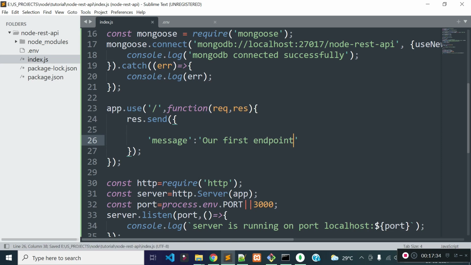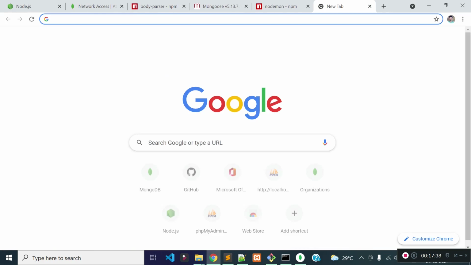Okay, save this file. Now let's visit localhost port 3000. From the URL, you see we are getting a JSON response with the message our first endpoint.